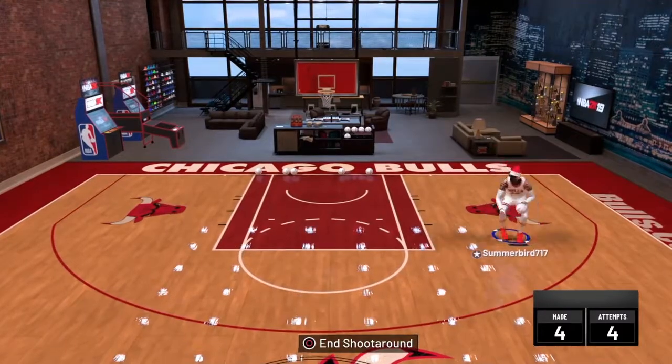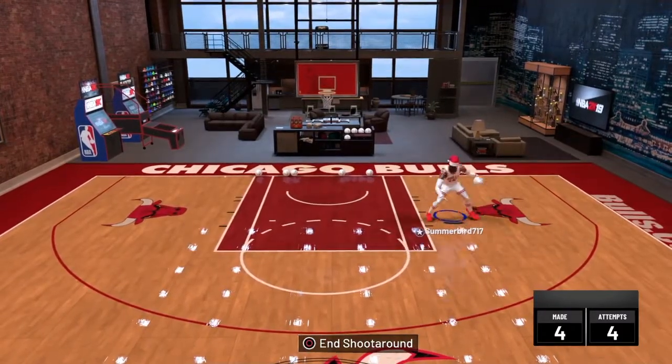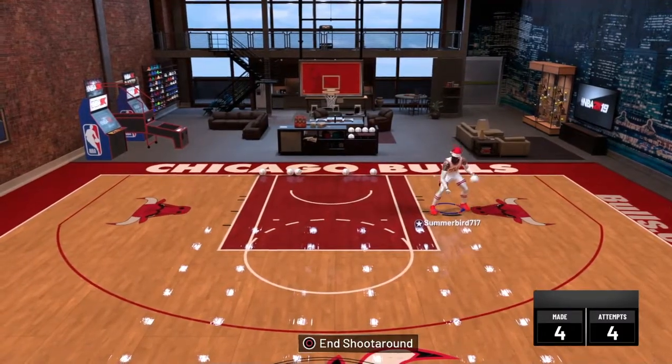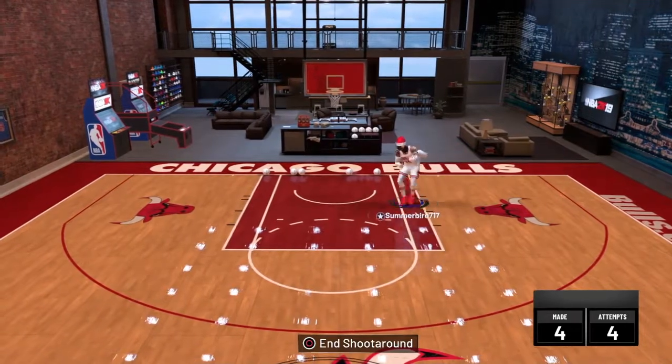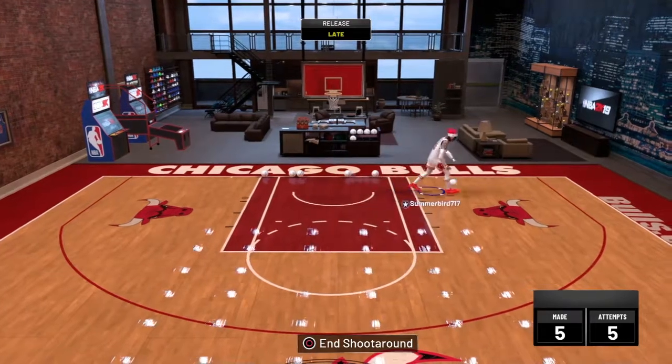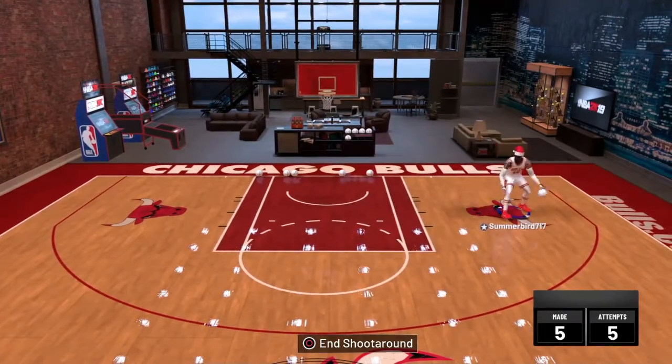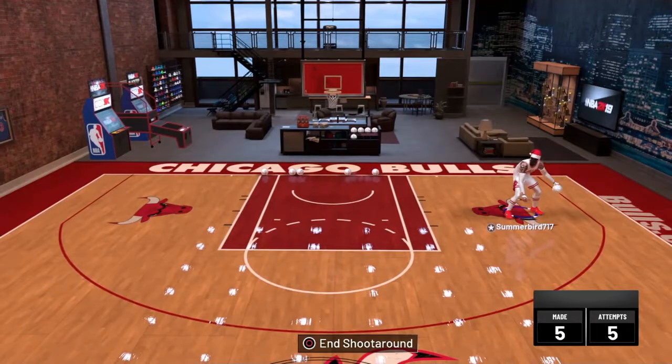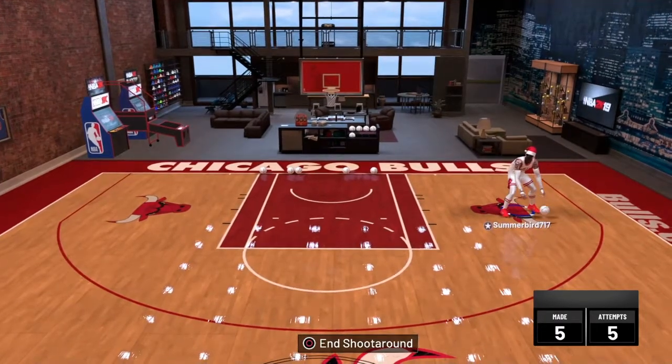Alright, so the first thing, this is the main thing that I do when I'm using my post scorer, no matter who's on me. If it's a guard, usually you just drop step and instantly put it up. They either have no chance, or most of them just jump. But if it's a big man on you, in the one-on-one court, twos, threes, anywhere, no matter what you're doing,